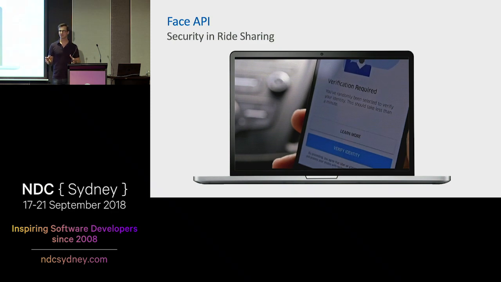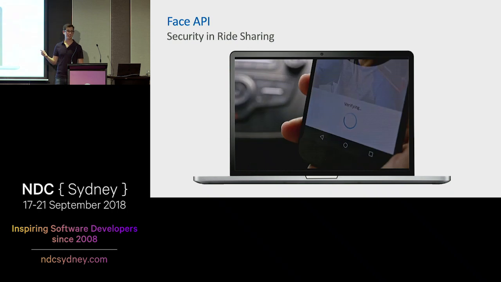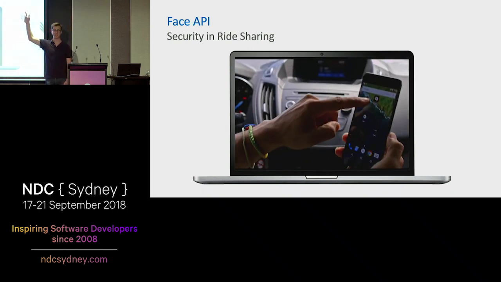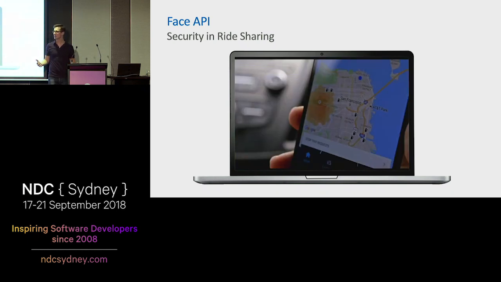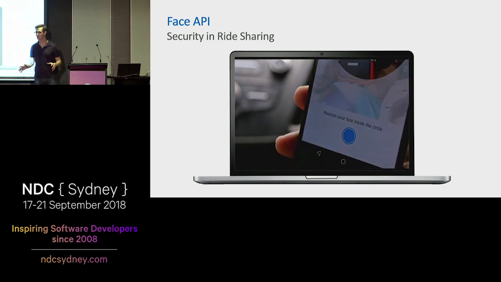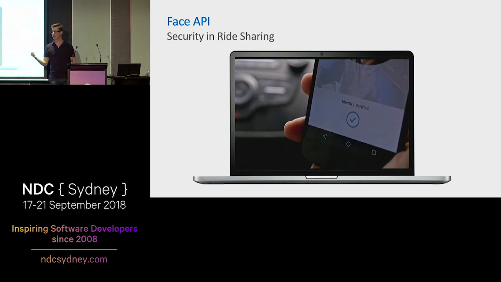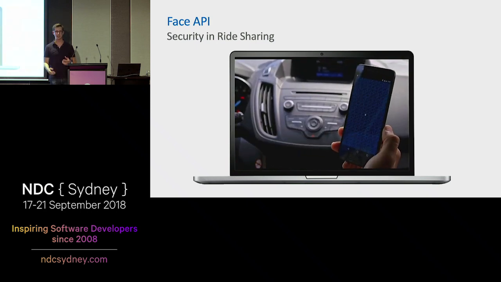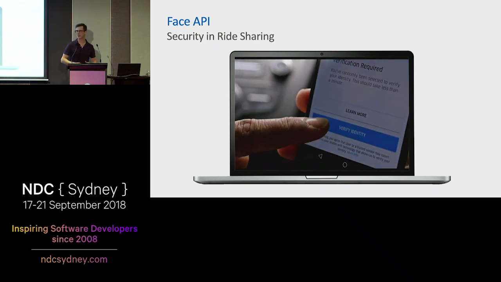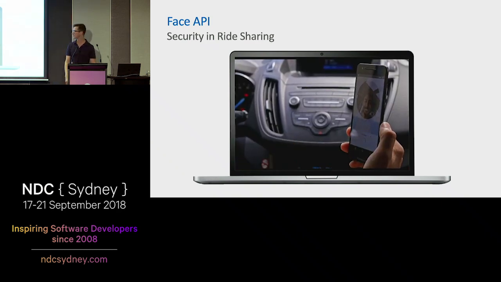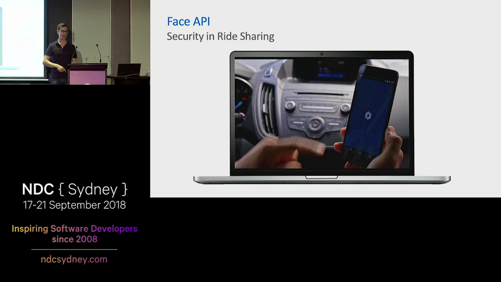And this is critical, right? Because think about just 10 years ago, 2008. In the year 2008, who in here would have gotten into a car with a stranger? Yeah, nobody. And that's literally because our parents told us growing up, never get into cars with strangers. Like, not even if they have candy, don't do it. And so when the creators of Uber came up with the idea for ride sharing, they said, well, we're going to create a company based around getting into cars with strangers. They literally got laughed out of the room by investors because people said, you're crazy. Nobody's going to trust a stranger, let alone get into a car with them.